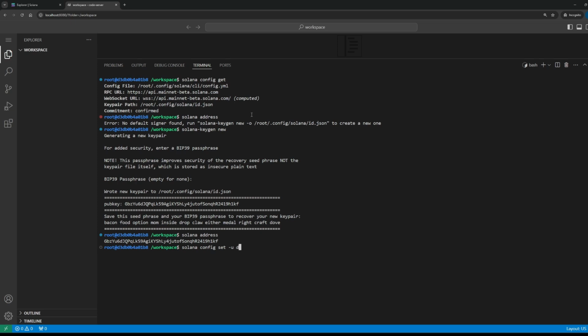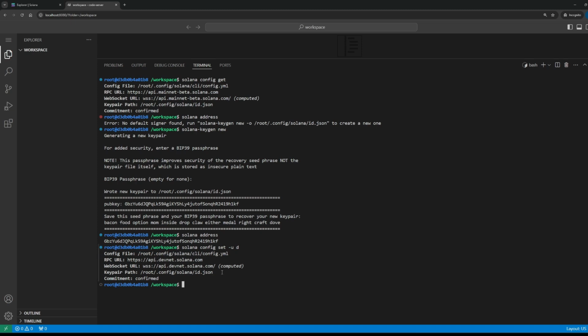So we will use the solana command, then config. As you can see, I was using config get, but in this case we have config set, and then -d, which stands for Devnet. If you use -m, for example, that stands for mainnet, or -t for testnet, or you can also use -l for localnet. So let's hit enter. Okay, you can see that the RPC URL changed and we are currently communicating with Devnet.